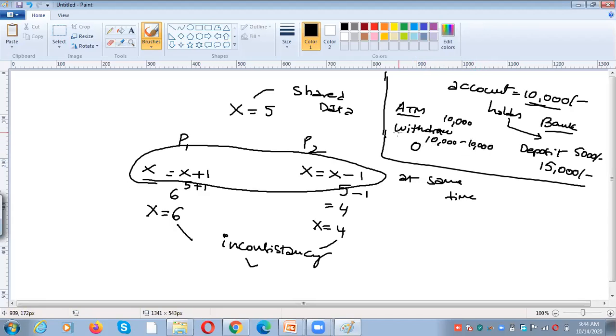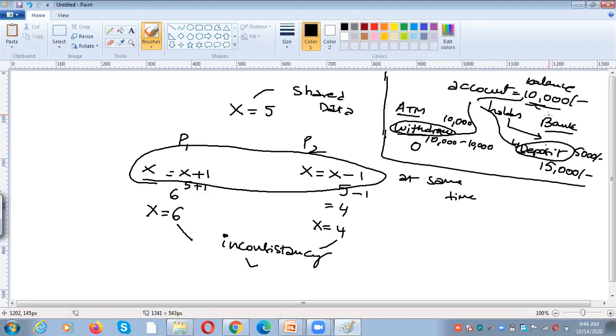So at the same time, you are withdrawing using the ATM, and you are depositing an amount at the bank. Both the withdraw operation as well as the deposit operation are performed on the same account balance, right? If we withdraw, it will be deducted from the 10,000.